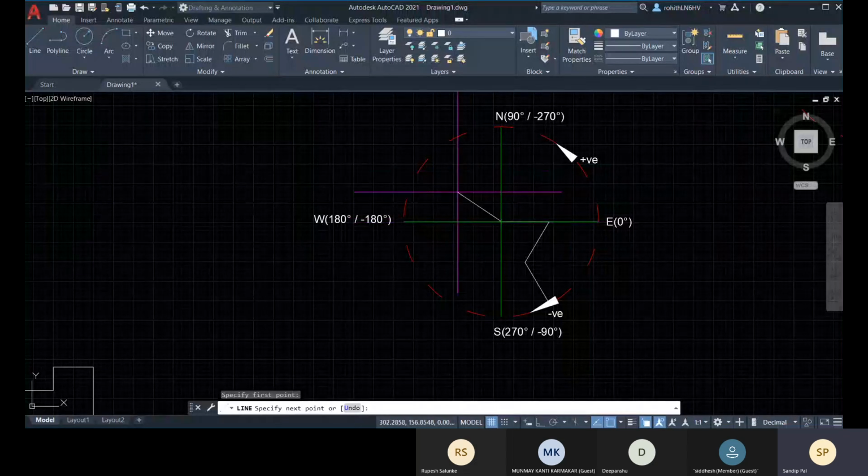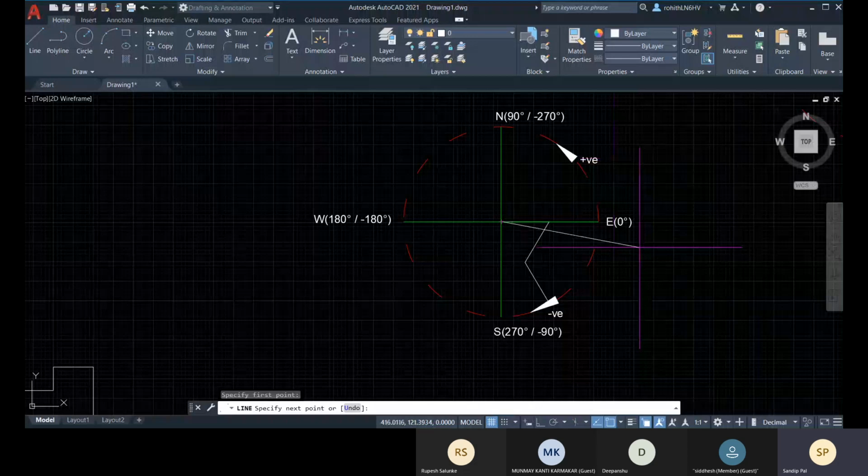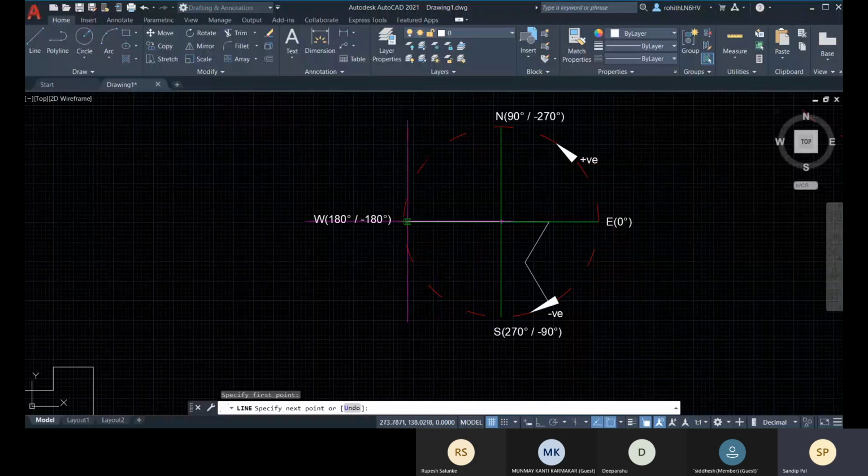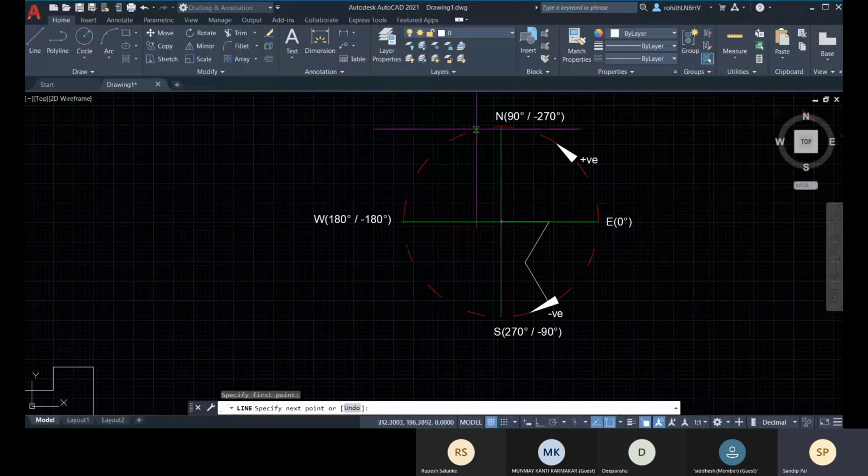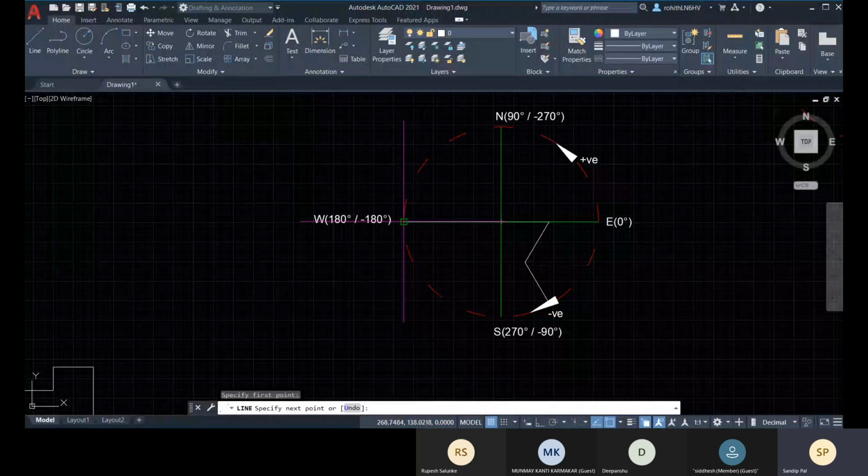So from this direction, it is going this direction, right? If I'm calculating from this line, it's maintaining 60° with this line, and this is the 180° direction, and it's going in this negative direction, that is clockwise. So the value is minus 60° from this direction.